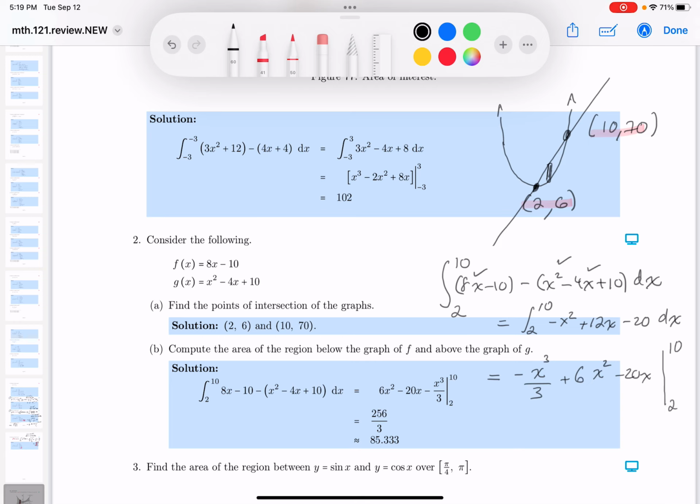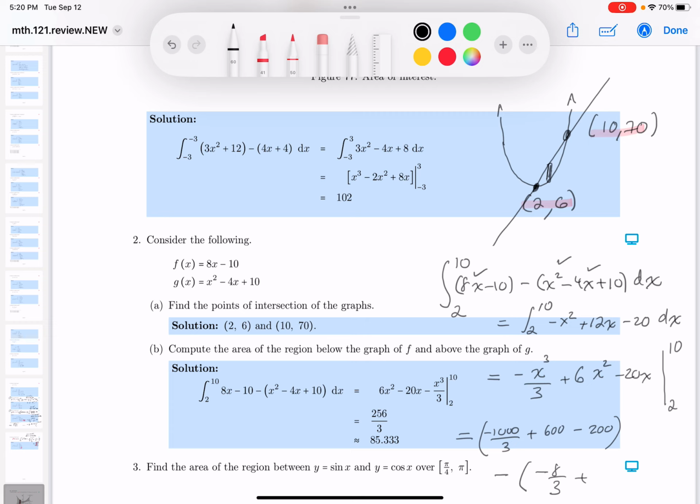All right, and certainly someone can say it's really tough arithmetic. You decide, but I would say I want to do it. And what do you get here? Upper limit, that's 10 times 100, so you get minus 1,000 thirds. Then you get plus 600, and then minus 200. We'll do the arithmetic later, by the way. Minus, well, I'm going to do the lower limit now. That's going to be minus 8/3